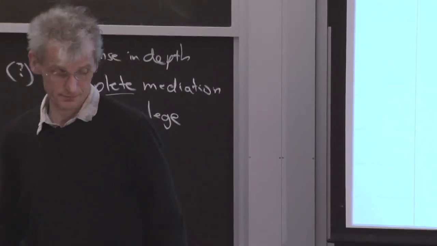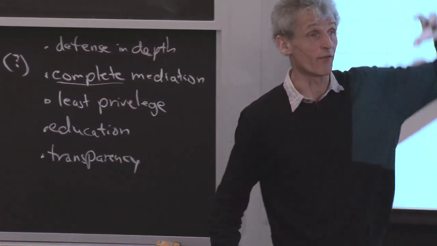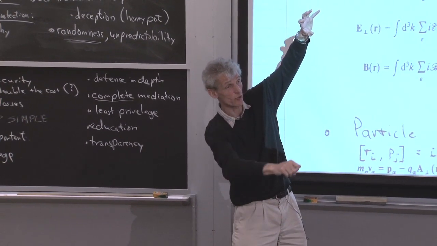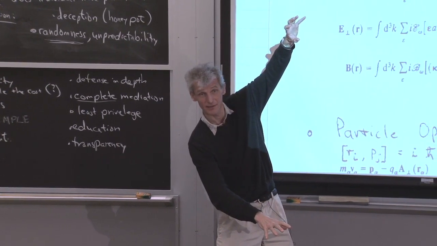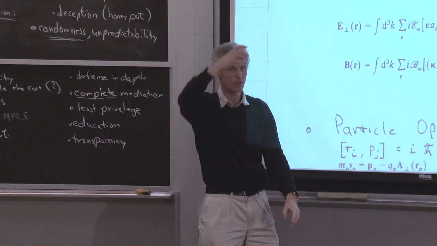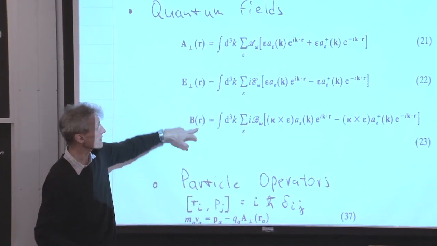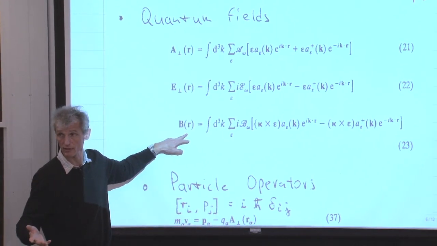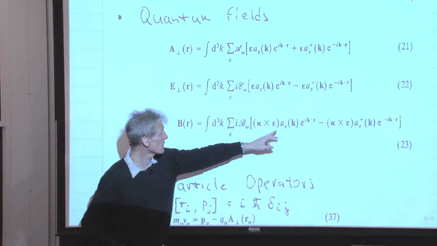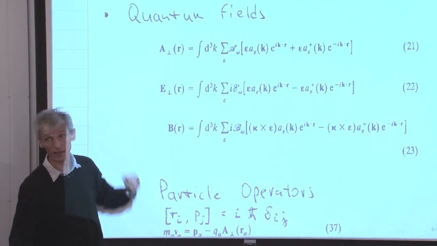Okay, so we're almost done with that. We started with the electromagnetic fields. We went through transverse fields, vector potential, normal modes. Now we quantize. But now all the equations, all the substitutions we have made, we can go backward. So we can now express the transverse vector potential, the electric and the magnetic field, by the normal modes. In quantum mechanics, after quantization, we can express them by the A's and A daggers. And this is how we define the operators of the electric field, the magnetic field, and the vector potential.